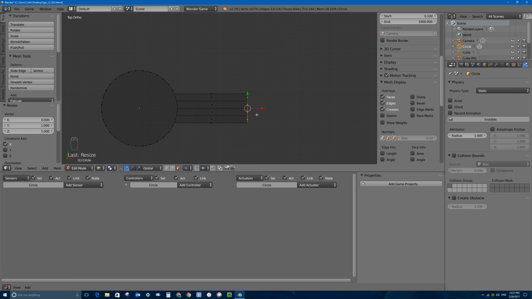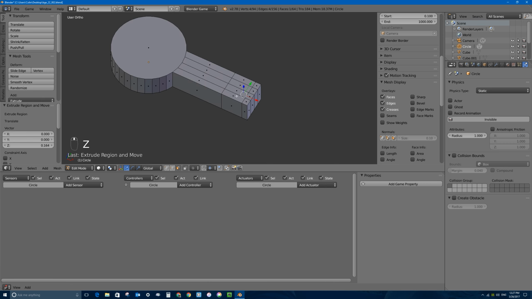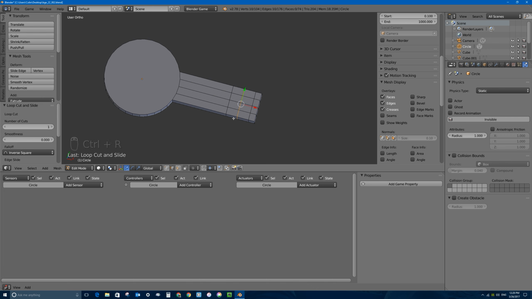And I'm going to push this back a little bit. I'm going to make it more like a fancy skeleton key. So I'll tap E on my keyboard and then E one more time. So now I have an area here and here, and I can extrude up and down. But actually, I'll press Z to go back into solid view. I'm going to do a loop cut. So I'll tap Control R on my keyboard, and then I'll click and then right click to put that right in the middle. I'll press Control B to bevel, and I'll pull a mouse out and click,